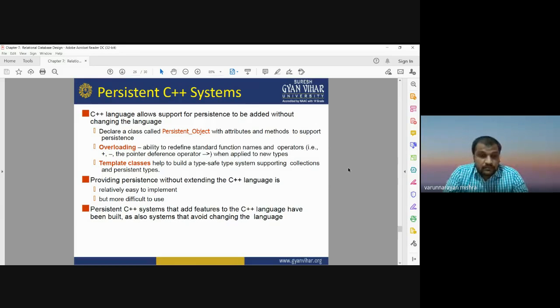We may use different operators, addition, subtraction. A template class is also used to help build data that is safe and can support collections and persistent types. It may also provide persistence without extending the C++ language. C++ systems that add features to the language have been built, as well as systems that avoid changing the language.